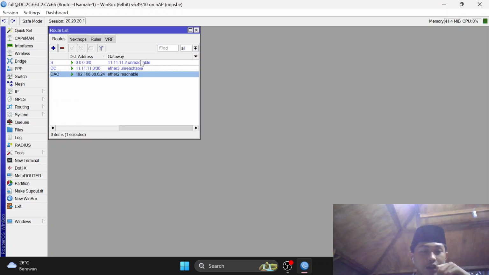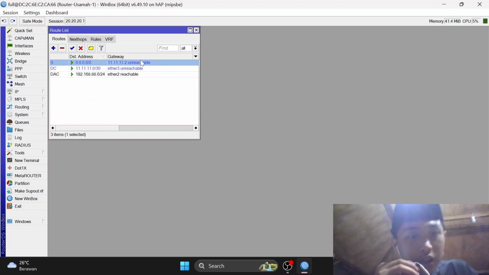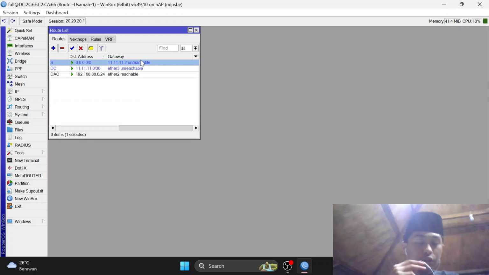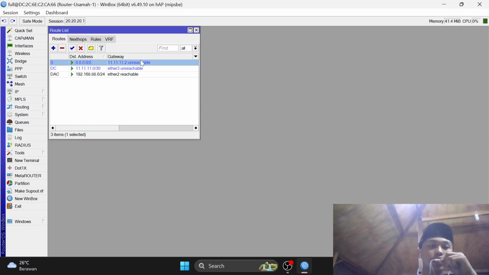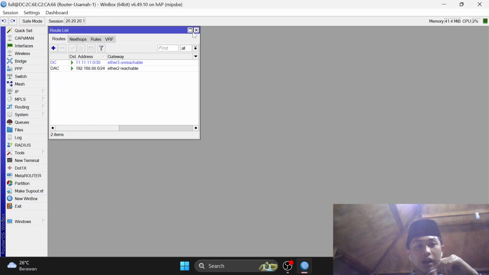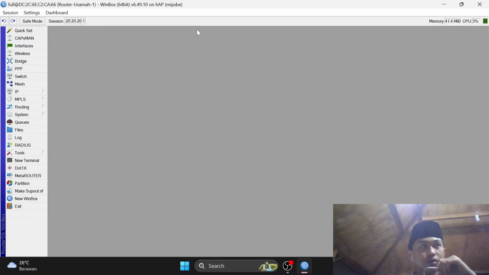Now here it means user type full can configure static routing in the routing table in IP route, and it also can disable or enable the routing, or remove or delete the routing. Now, as I told you before, user type full can configure almost all of the wizards or tools in this router.